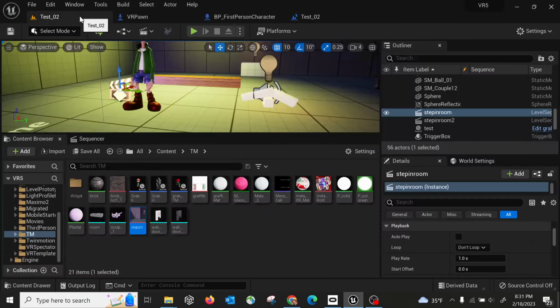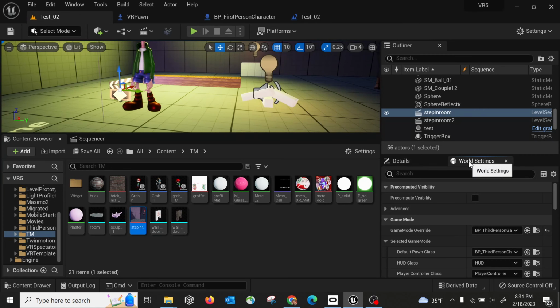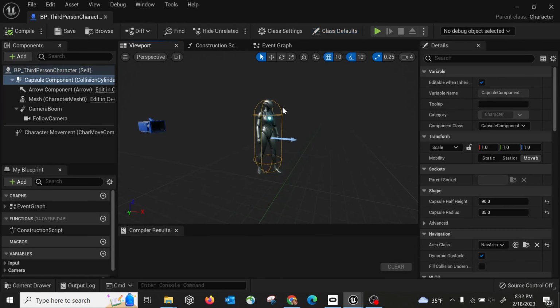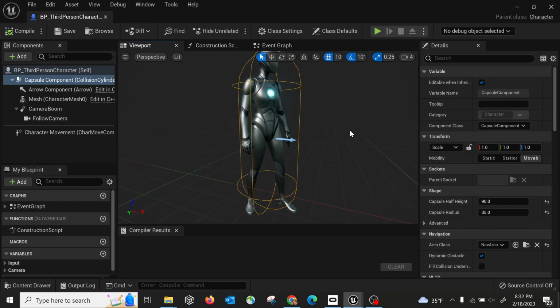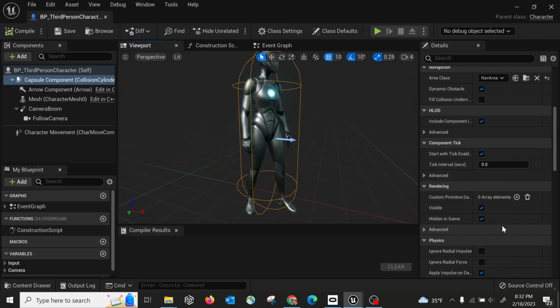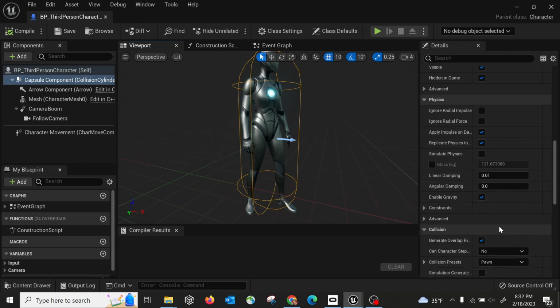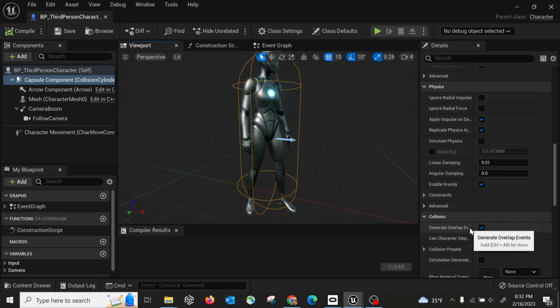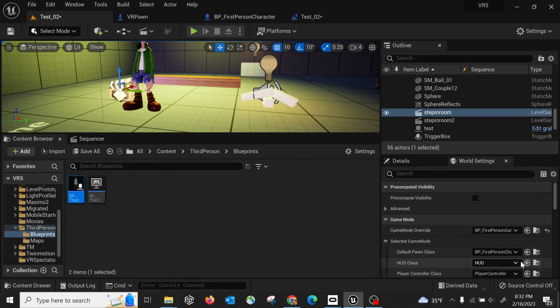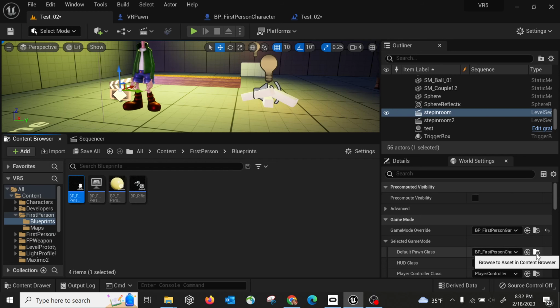One more thing I want to mention is if you're using the third person character, you see the third person character already has a collision box. That's the reason when it collides with the trigger box, it will generate an event. You can actually see that in the collision setting, called generate overlapping events. That's how it works. If I take a look at my first person BP game mode, first person pawn,